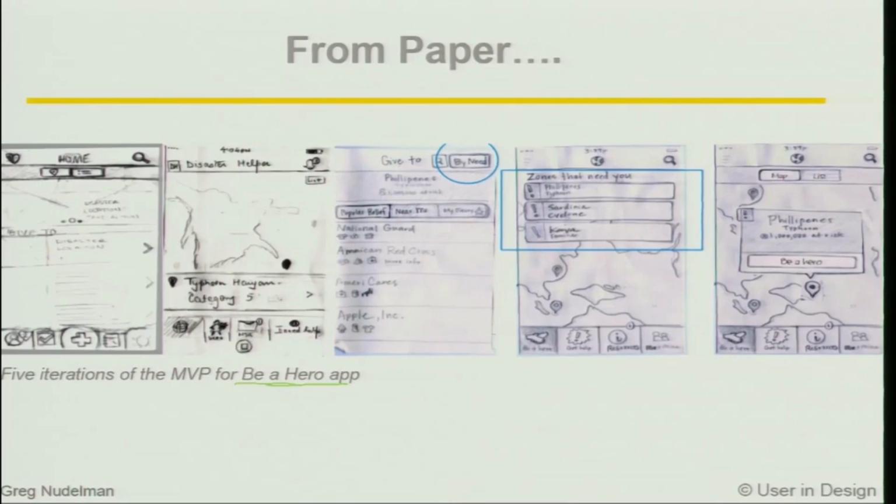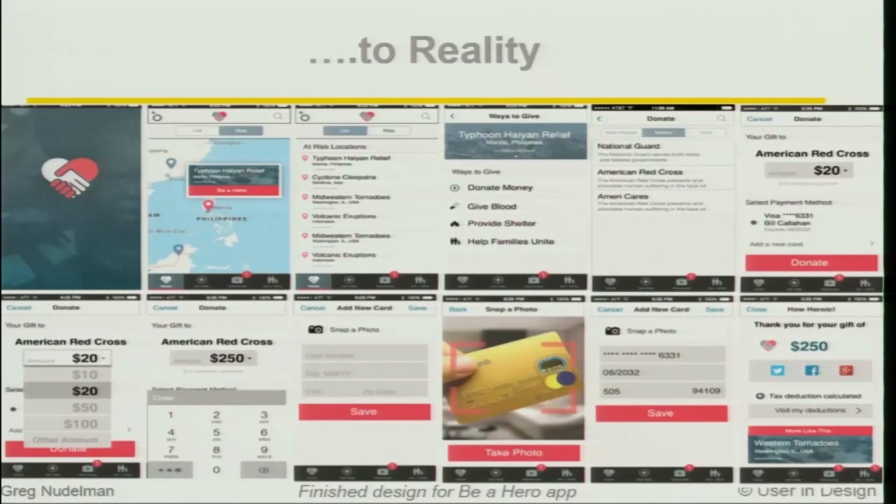So this was their first version, and as you can see, it's very basic, simple. Then they decided to put in a map and some more details. Then they decided that it became important for the person to know which are the agencies they're donating to, and then what are the locations. And then it evolved like this, from this with testing, from this further testing to this, further testing to this. Okay, so iteratively they kept refining the product, and this is how the real final app looked like.